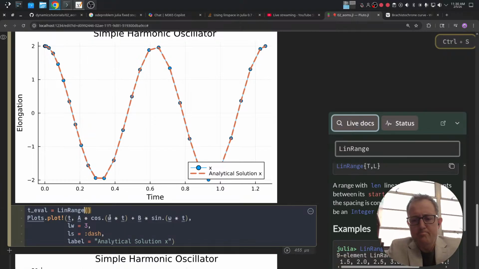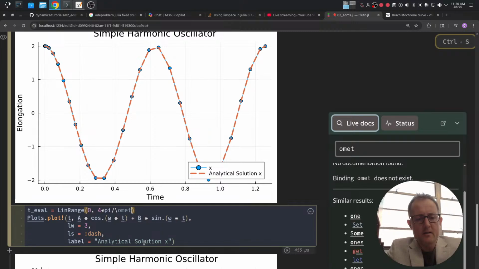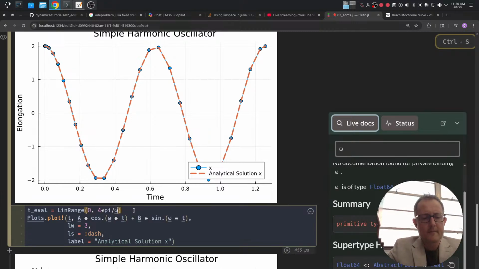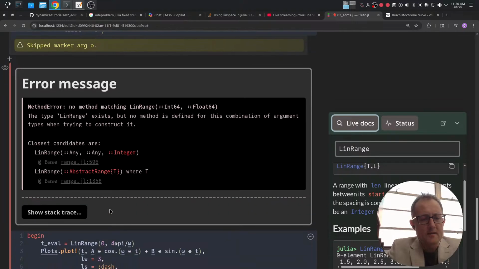Like that. 0 to 4 times pi over omega. Let's just wrap it with beginning and end. Lin range. Oh, and then we need